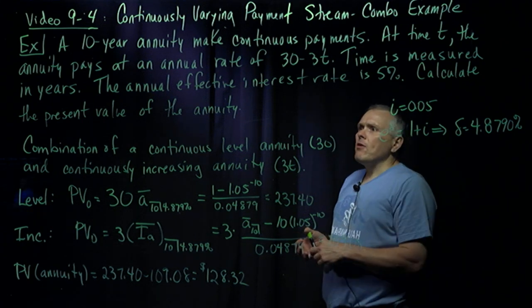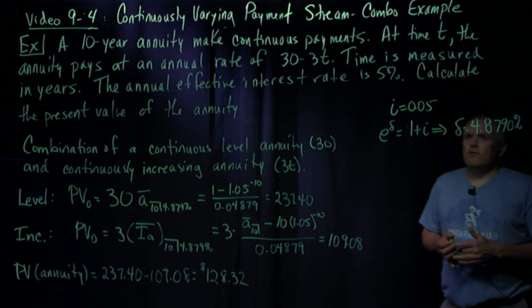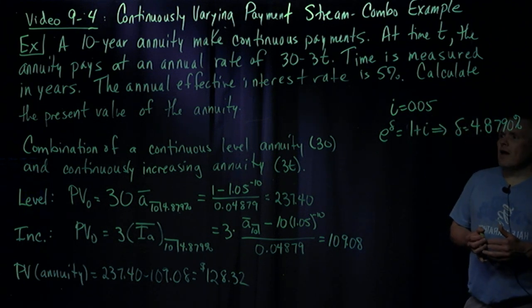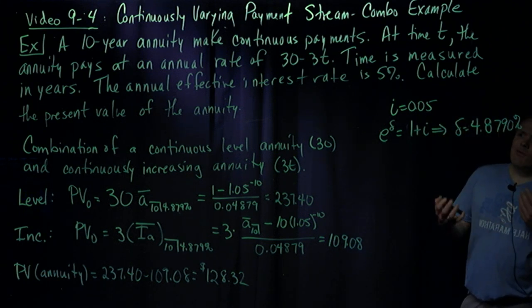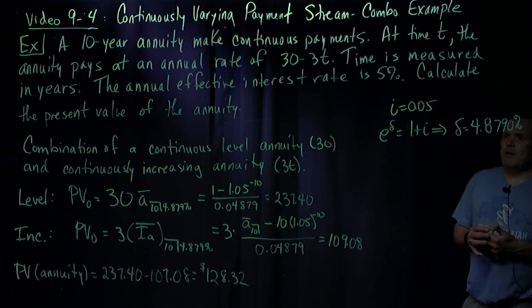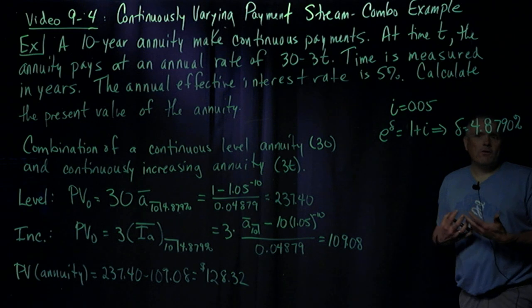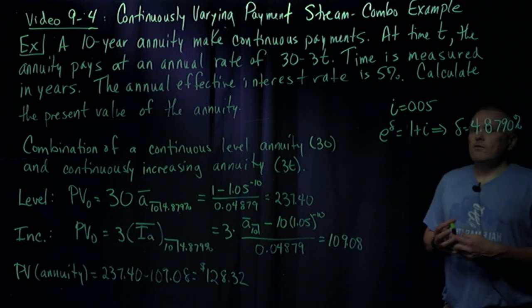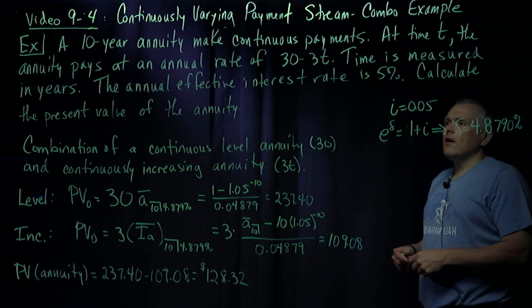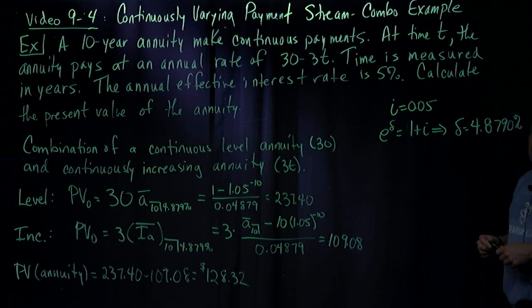They tell you that the time is measured in years, the annual effective interest rate is 5%, and we're going to calculate the present value. Again, since we've got continuously varying payment streams here, we need to change that annual effective interest rate into a force of interest. So for force of interest, again, we use this nice formula. The e to the delta is 1 plus i, and we get delta is 4.87 and change